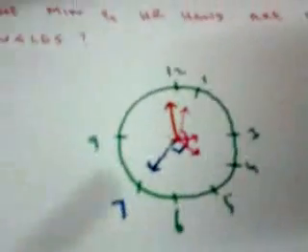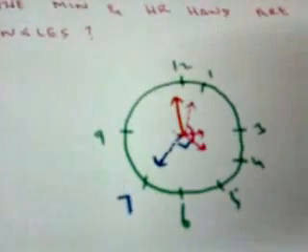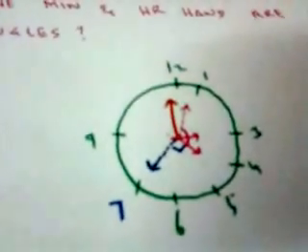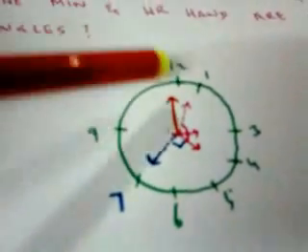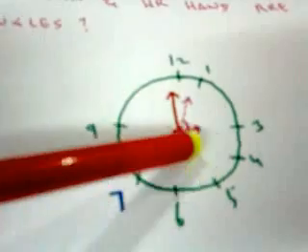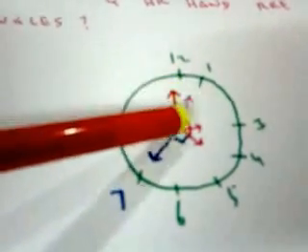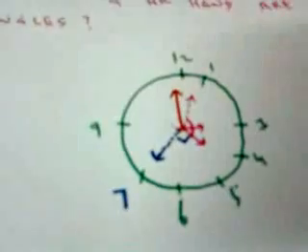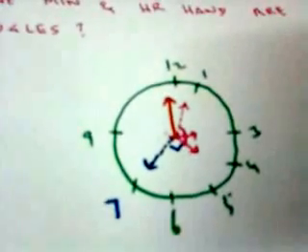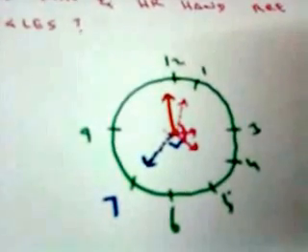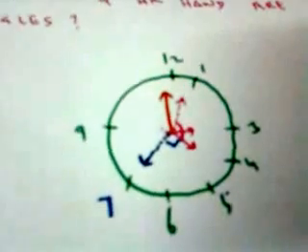As we have discussed earlier, the full dial of a clock can be divided into 60 spaces, which are the minute intervals. So at 4 o'clock, this is the position of the two hands. There is a difference of 20 spaces here. Between 12 and 4, the minute hand is at 12, the hour hand is at 4, so there is a difference of 20 spaces